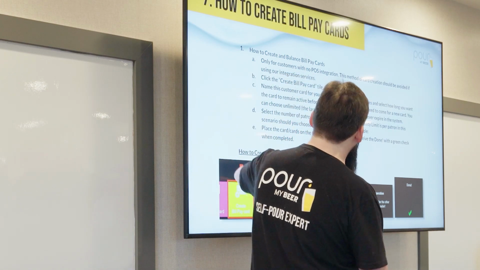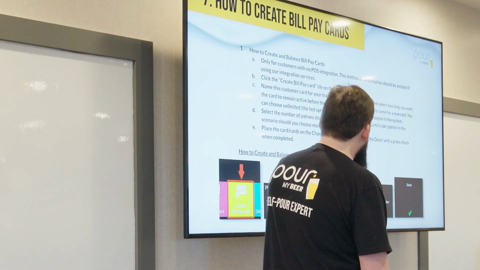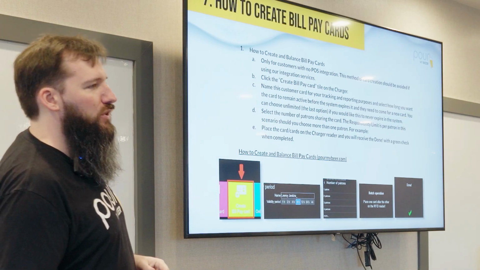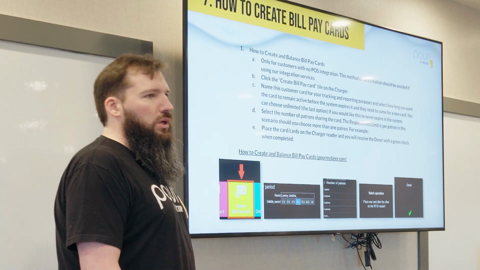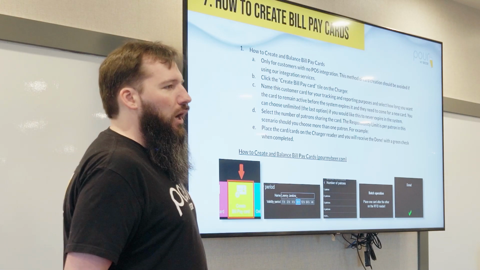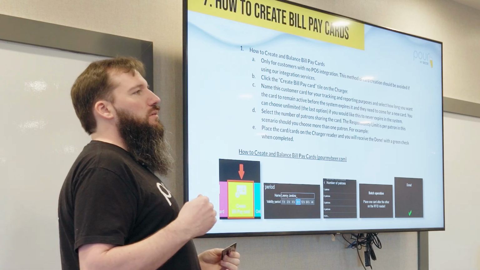Patrons: after you select a name and a validity period, your patrons are essentially how many people are pouring on this card. Typically it's going to be one or two. Whenever my wife and I go into a place, we get 2 patrons. And what that does is it controls how frequently the card is going to ask for